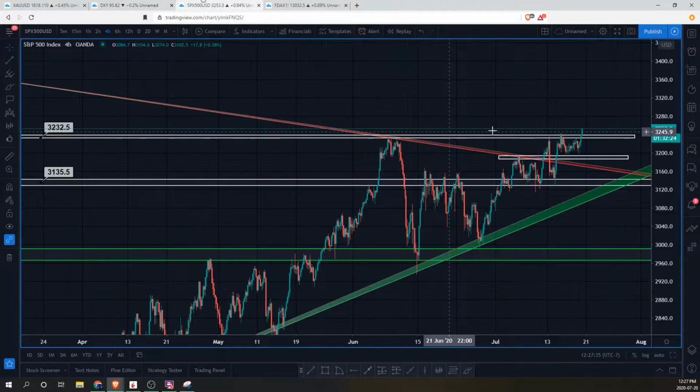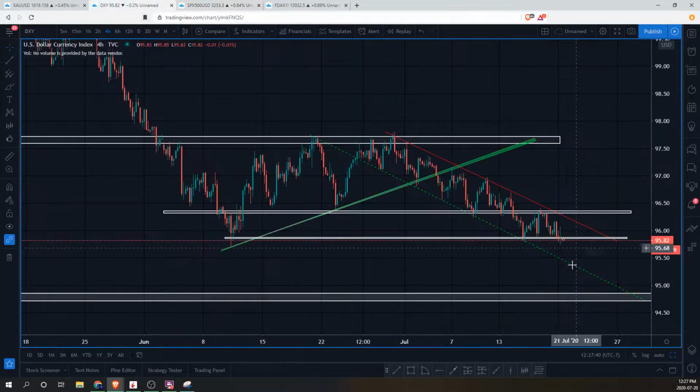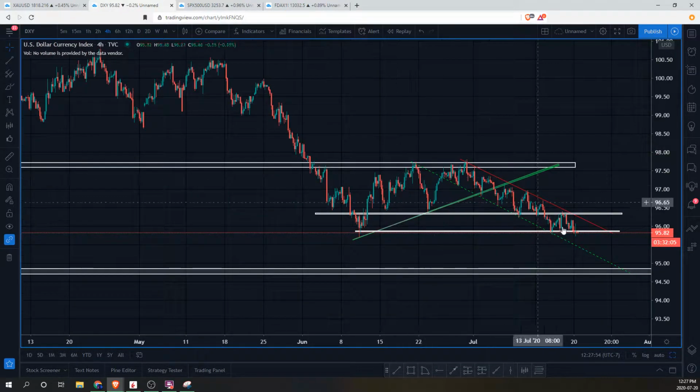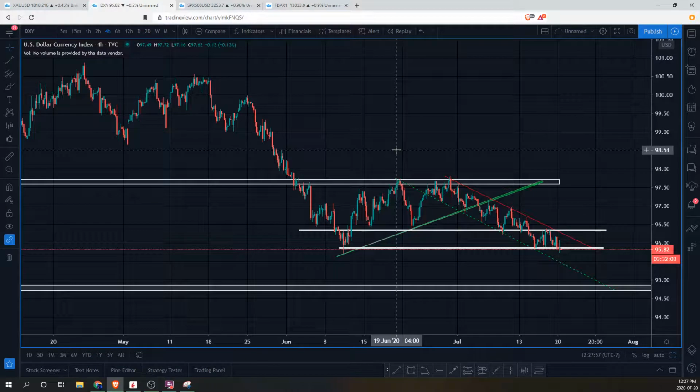So with the S&P breaking to the upside, looking really strong, I do expect the dollar to weaken further from this point. Like we said, we've been holding a descending channel with a series of lower lows and lower highs. And we do see that next lower low breaching and breaking below this previous low. So it does look like the momentum is just going to further continue to the downside. And that is how I'm going to be approaching the market for this upcoming week: I'm looking for risk off currencies like the US dollar, like the Japanese yen, to be weakening and to continue their weakness,